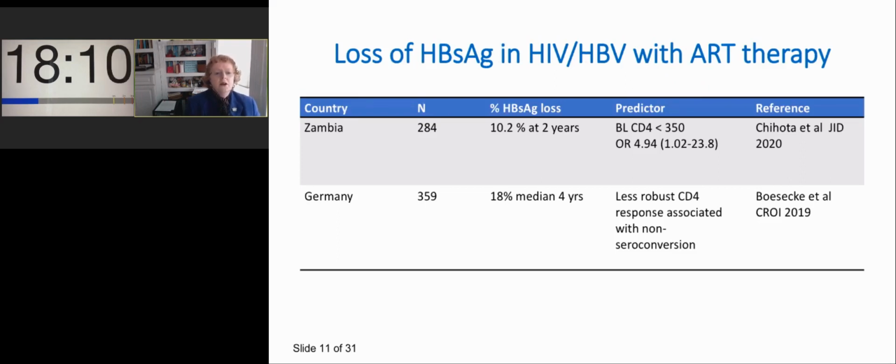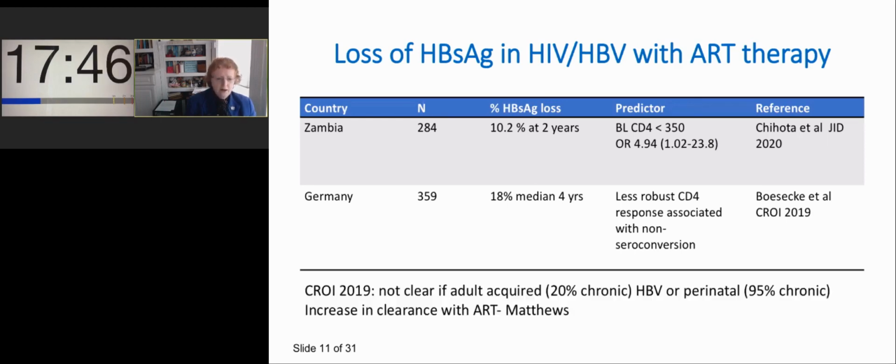However, with co-infected patients, after initiation of ART, there can be loss of surface antigen, and that's higher than we see in mono-infected. These are 2 studies from last year showing from Zambia 10% loss and from Germany 18% at 2 and 4 years respectively. And it's not clear if these individuals had adult-acquired hepatitis B, so they had chronic infection and initiating ART just tipped them over to losing it, because perinatal infection, where the vast majority of people become chronic, it's less likely